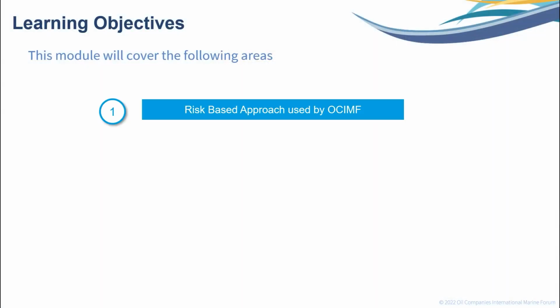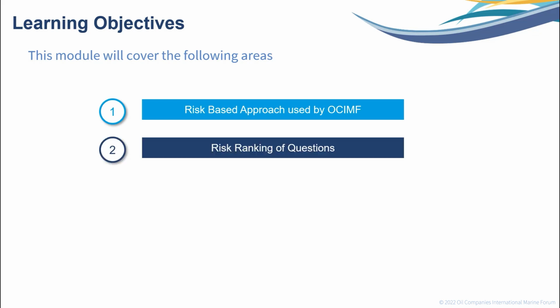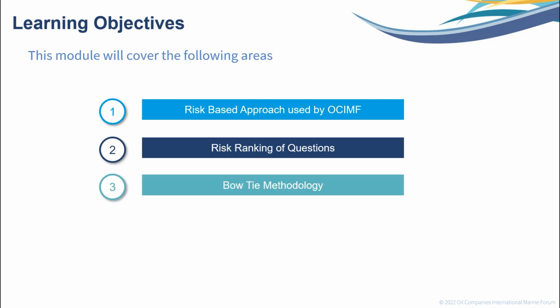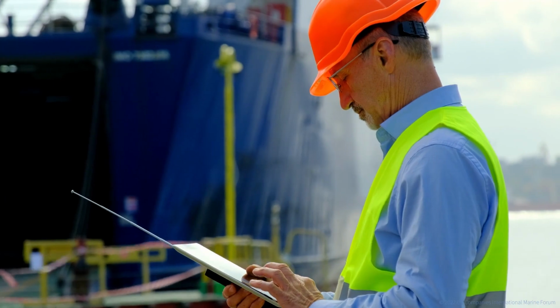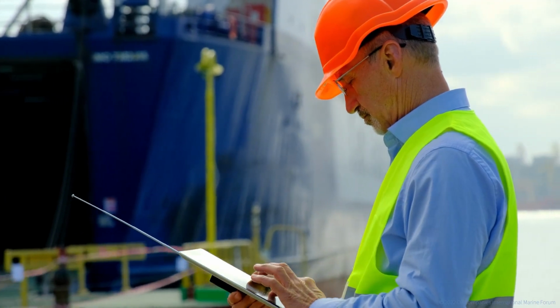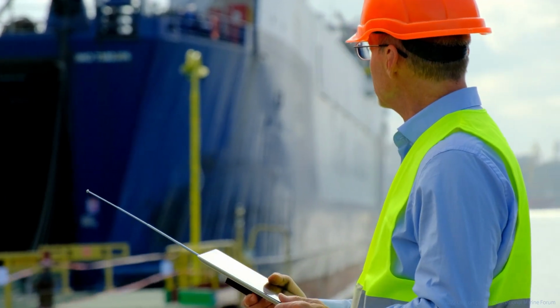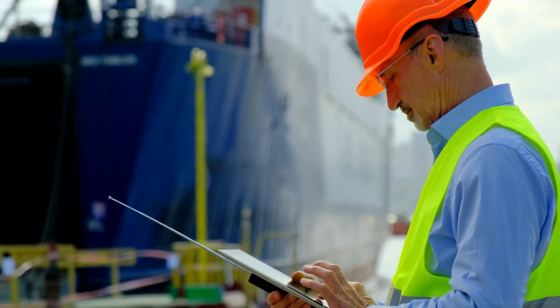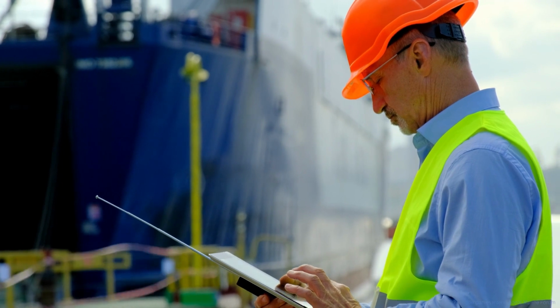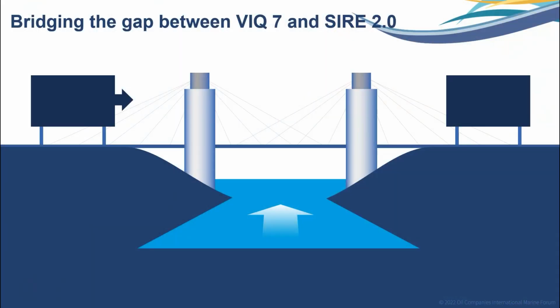We will look at the concept of the risk-based approach used in the development of the question sets, the ranking of questions based on the risk that they address, the use of the bow tie methodology, and the question types. Let us first look at how we set about bridging the gap between a SIRE VIQ7 inspection and a SIRE 2.0 inspection. To do this, we must first remind ourselves of the characteristics of the current SIRE inspection based on